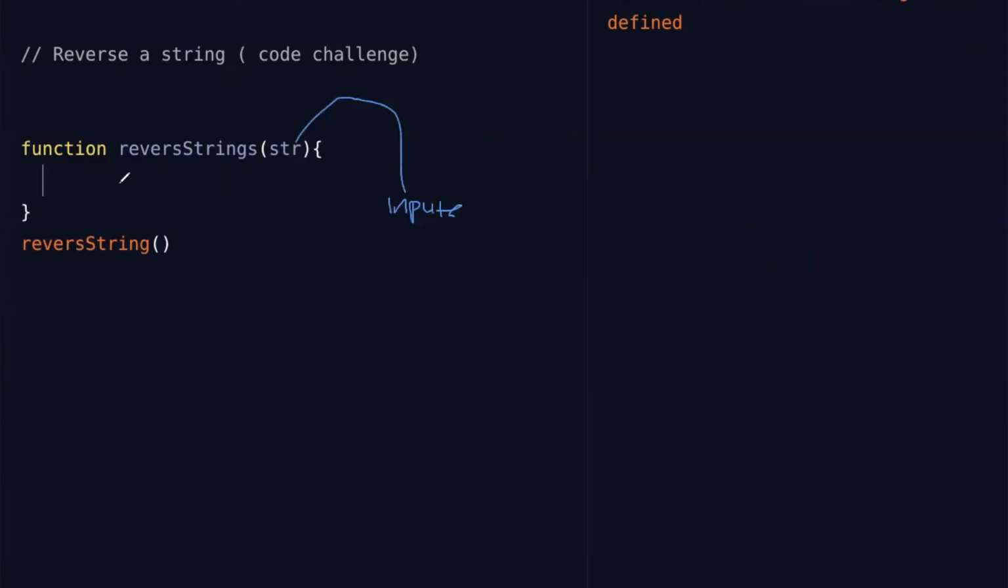So let's say in here, you want to just display whatever you give to the function. Let me clear everything so that it will be easy for you. In here, I want you to do a console.log of str. So in here, if I put William,